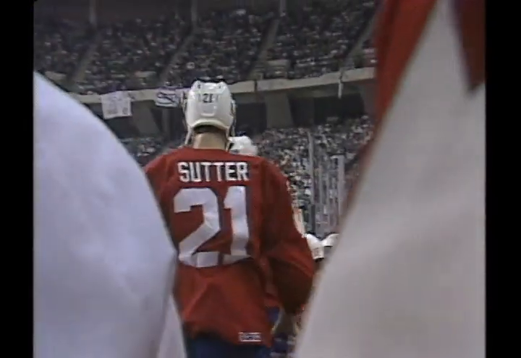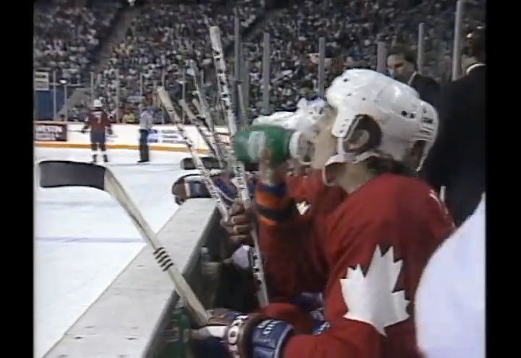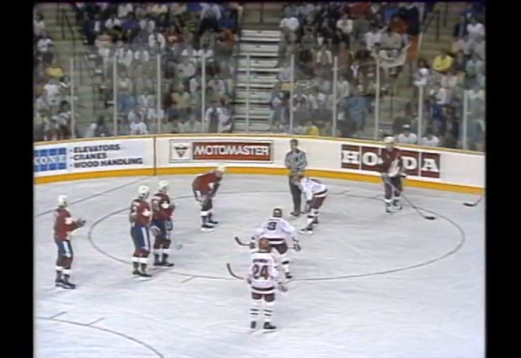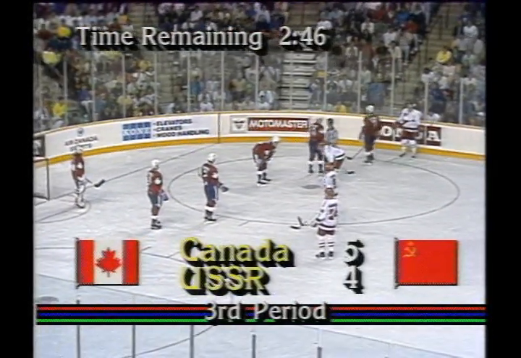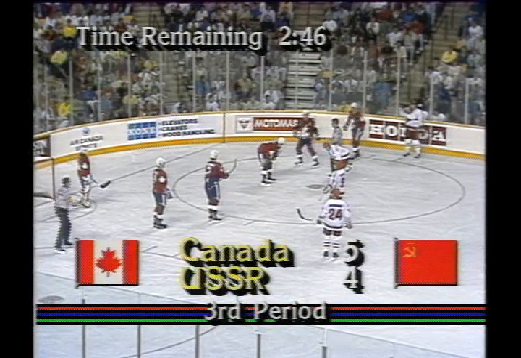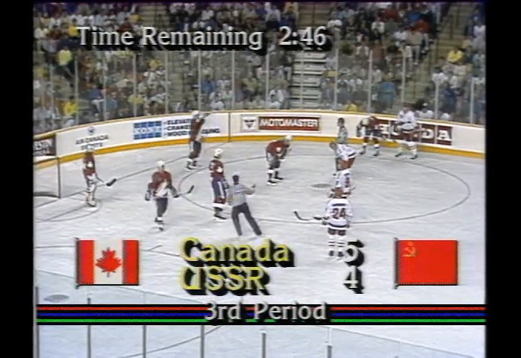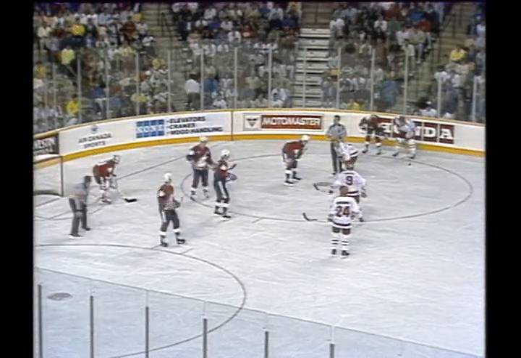Well, we'll see who takes the draw down in the Team Canada end. They've got the Larionov line out there. I want to bet that Gretzky comes out. Well, I'd say Messier. He hops out there against Larionov. That's right, yeah. Now, this will be a very big face-off with 2:46 remaining. The one thing that Canada did, the crowd got going and Canada got going after they got the goal. It was almost like a shot of adrenaline, because the team that was dead tired suddenly really picked it up and took it to the Soviets in their own end, and that was the key to it. And at this stage,